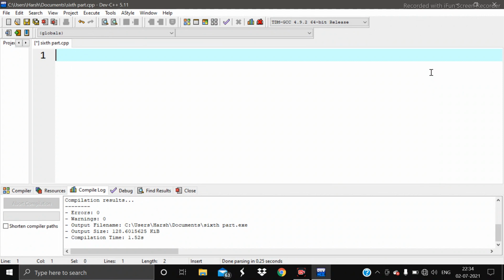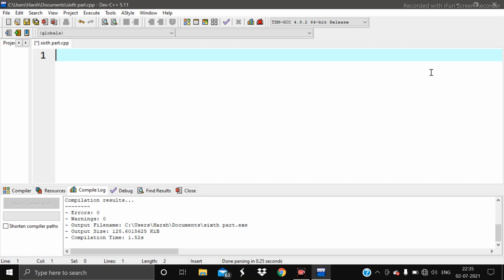In the previous video, I talked about how to write a program in which we take a value from the user as a character, write its ASCII value, and then convert it from lowercase to an uppercase character. In this video, I'm going to talk about how to write a program which takes an input from the user and then checks whether it is a number or a character. If it is a character, determine whether it is uppercase or lowercase.